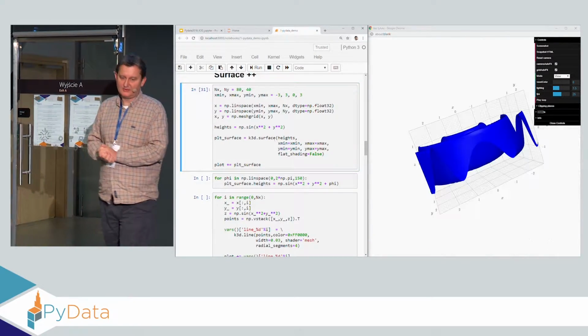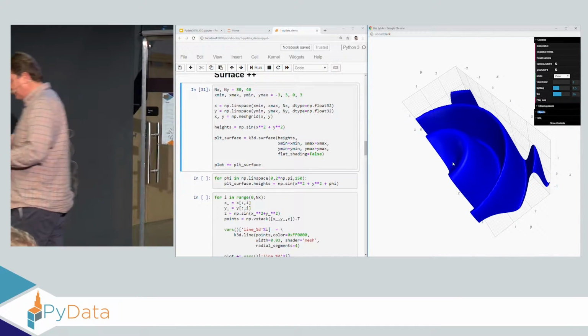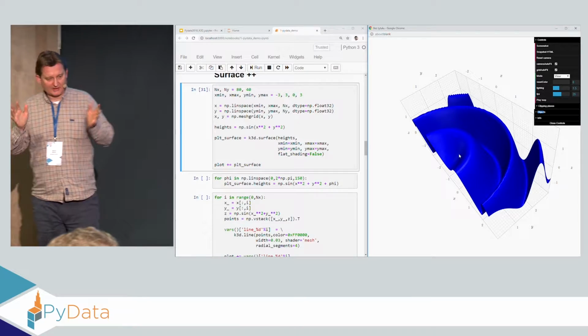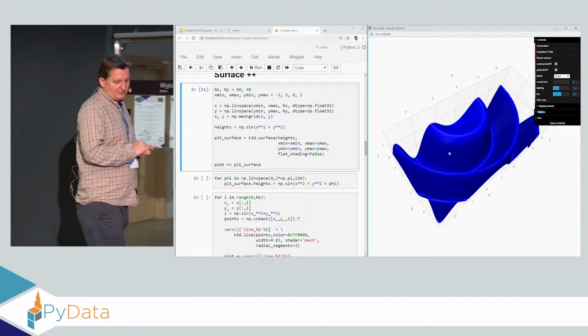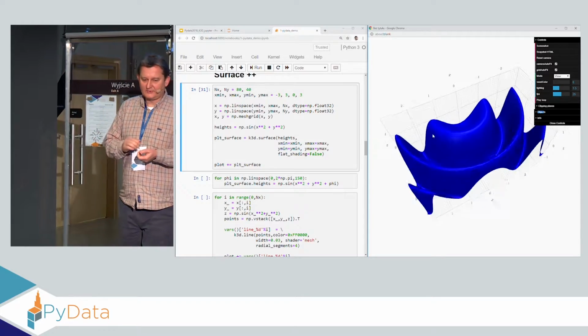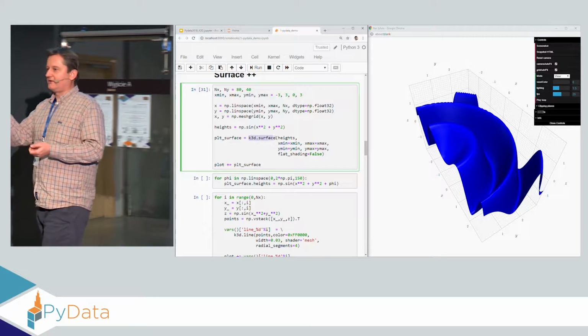What else do we have? We have surfaces. This is the simplest plot you can have, similar to the idea of the Matplotlib 3D toolkit. And so we have a surface, and you can notice that the constructor of the plot, this K3D surface, takes a height.